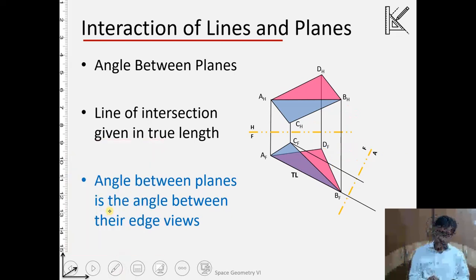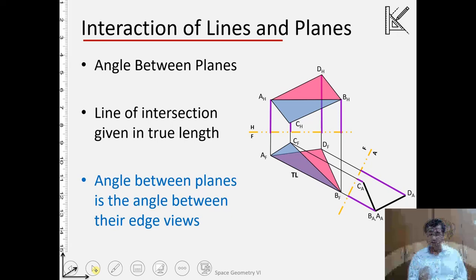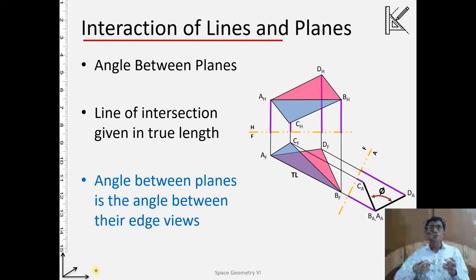If you do it, again the projector from D, and then these distances we are mapping on the auxiliary plane. What we get in the auxiliary plane in this case is the edge view of both the planes ACB and ABD, and we know it, the angle between these two planes is the angle between their edge views. So the angle between their edge views can now be determined. We'll again make use of the same concept. Maybe we make the problem a little more complicated.